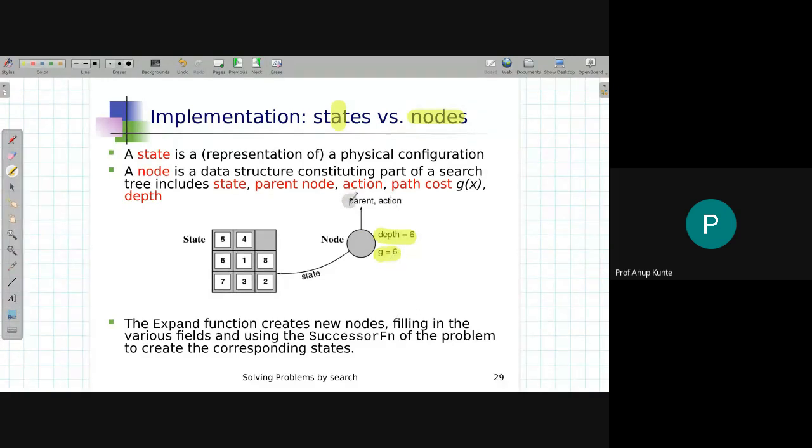It also tells you the links to the parent, and it also has information about what action you just performed in order to reach this node. Because this node is going to represent not just the state. State is the first and foremost thing that you should remember. For discussion purposes I can say that I'll store the state, and once I reach the goal node I will figure out how I reached it.